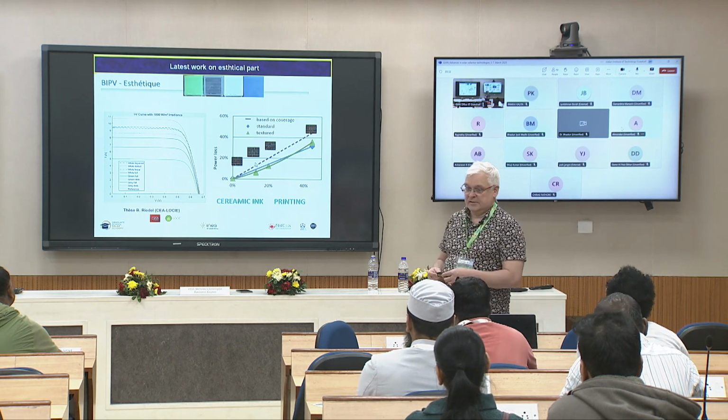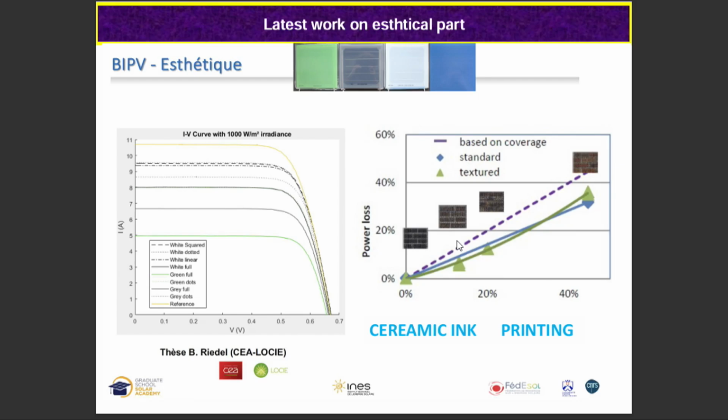So there were interesting results, especially regarding the white. The white is cooler than the classical PV, and there was also more diffusion after the layer of the printing, and so finally the performance was not so bad. But we were losing some performance depending on the way to print, on the color. As you see, we can reach 45% of loss due to this. But it was interesting to show that everything was also possible afterwards on real PV panels